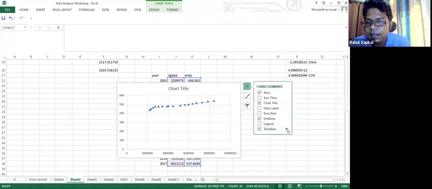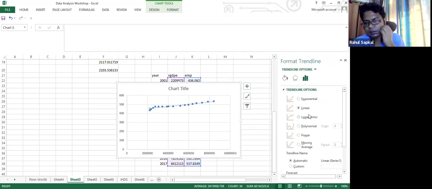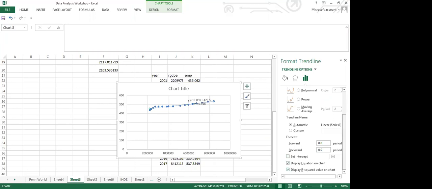If you click, now there are options you will be coming: linear, exponential, linear forecast, 2-period moving average, and so many other things. Like if you click polynomial, but let's assume linear. Now display equation. I'm not going to set any intercept. Display R squared value on the chart. Okay. And yes.